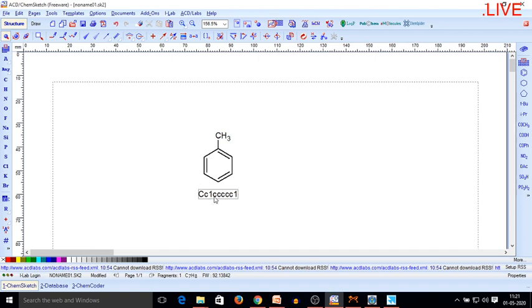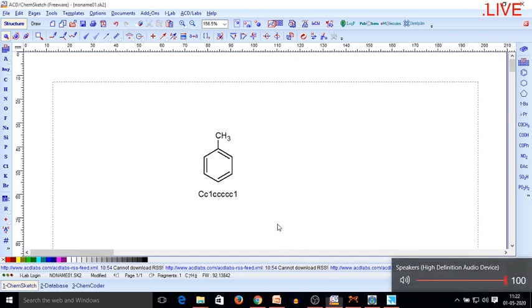Now you can see that this SMILES notation is selected. I will press Ctrl C. Now once I have copied the SMILES notation,